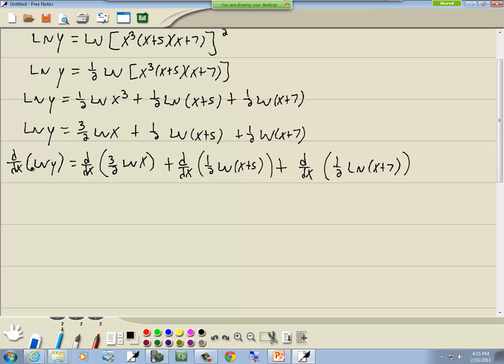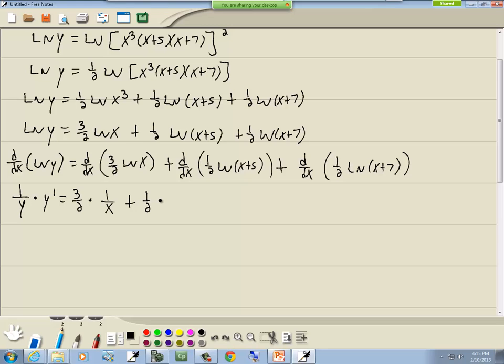Okay, well, the derivative of natural log of something is 1 over whatever follows the natural log. So the derivative of natural log of y is 1 over y, but since it's y, we have to throw on a y prime. Over on the right side, the 3/2 remains. The derivative of natural log of x is 1 over x